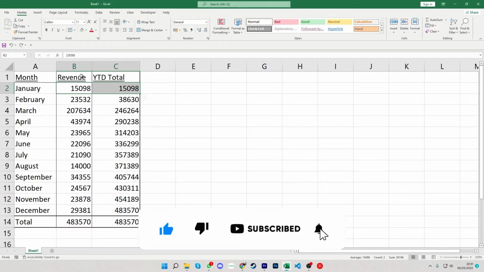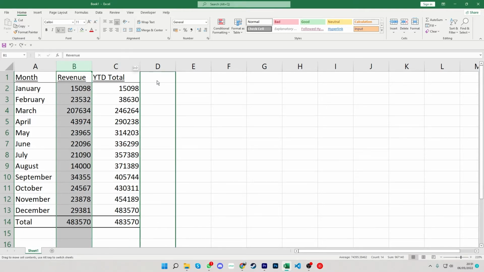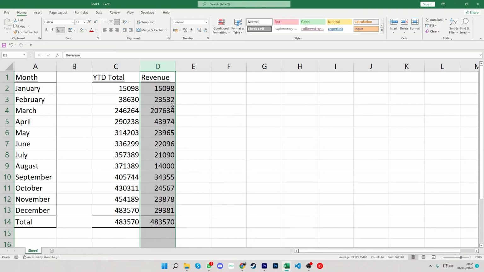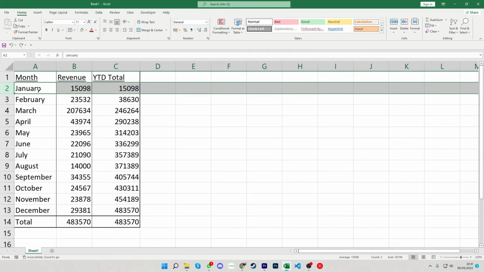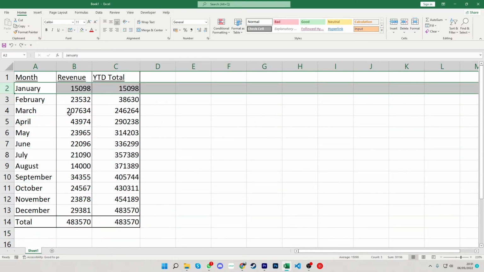Using this technique then we're able to click a whole column, and again just wait until the arrows move and we can move the column over and press Ctrl and Z to move it back, or we can select the whole row and again wait until the arrows show and we can move the whole row down to wherever we want to do. Obviously you can see within this is different formulas and stuff that kind of kick in,